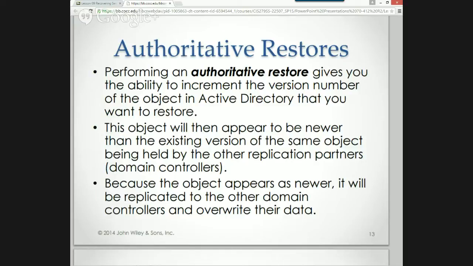So I am the authority. I don't care what's changed since. We're coming back to this point in time. The object will then appear to be newer than the existing version of the same object. So when synchronization happens between the domain controllers, the other domain controllers will see this as the authoritative server and make changes to match our recovery.